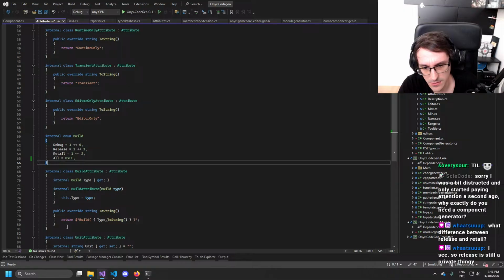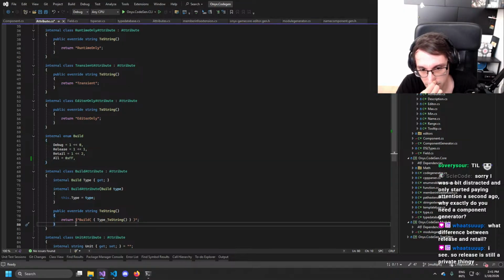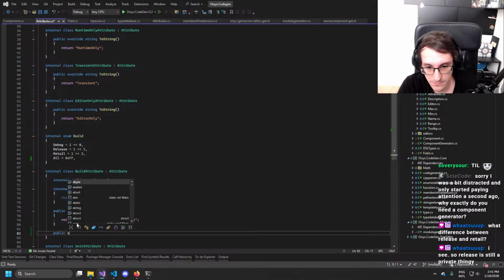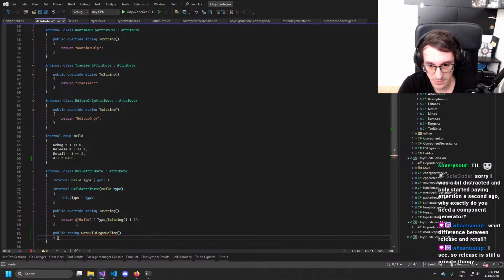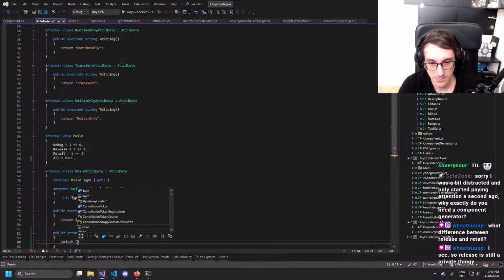I mean, I guess we could do it here, right? Get build type defined, switch based on the type.